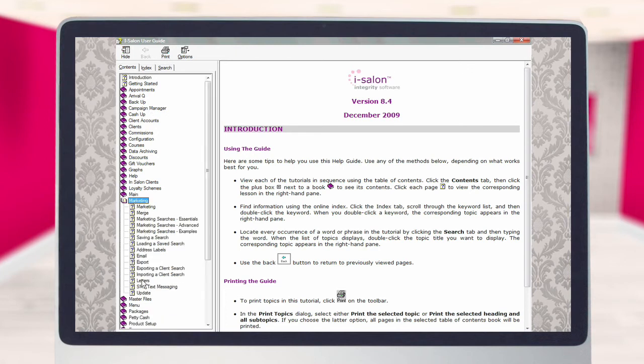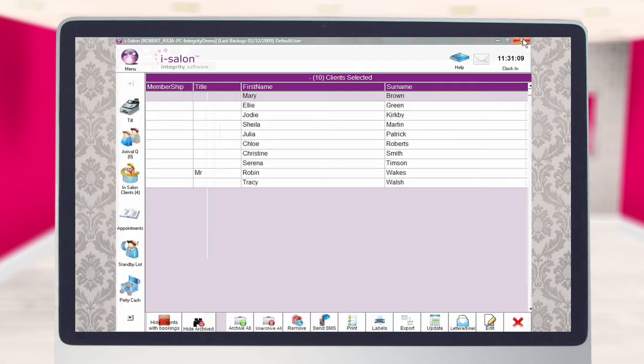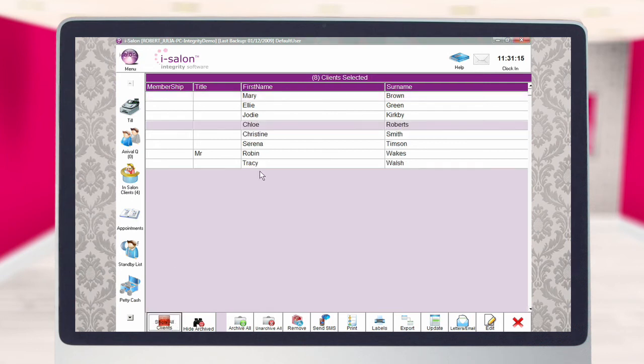It's worth bearing in mind at this point though that some of these clients may have future appointments booked, so we would strongly recommend that you first select the Hide Clients with Bookings icon before beginning any form of marketing campaign. It's also worth considering that some of the clients listed may only be non-returners to this particular team member,